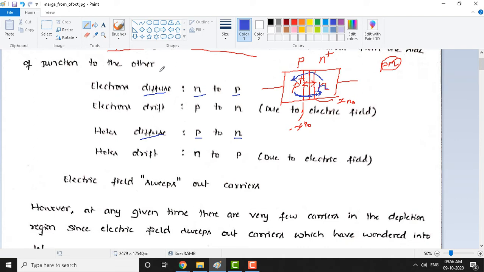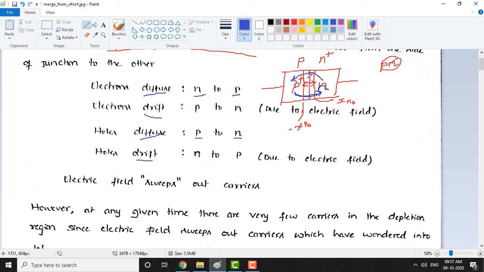On the other side, there is another current called drift current. What do we mean by drift current? It is the current due to the electric field, where some force drives the charge carriers. Where do we get this electric field? When electrons keep leaving their positions from N to P and holes keep leaving their positions from P to N, they leave behind immobile charges: donor ions on the N side and acceptor ions on the P side. This creates an electric field.